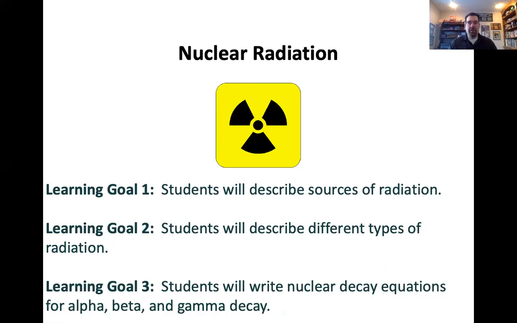we want to be familiar with, that we refer to as ionizing radiation, are alpha radiation, beta radiation, and gamma radiation. So we're going to familiarize ourselves with those three types of radiation and be able to write a nuclear decay equation based on those three different types of radiation. So we're going to talk about what is radiation, why are some substances radioactive, and what happens to these